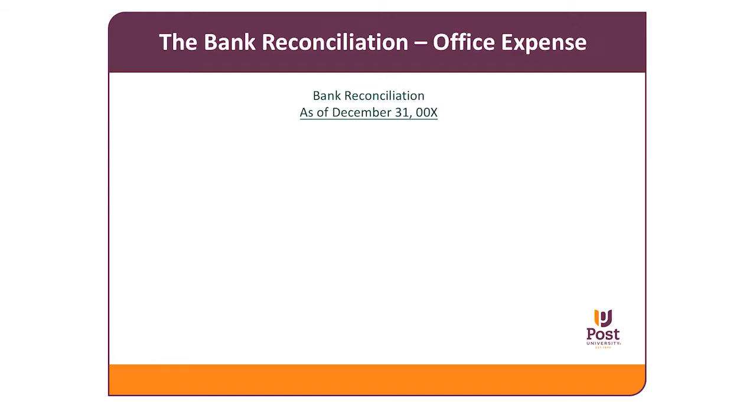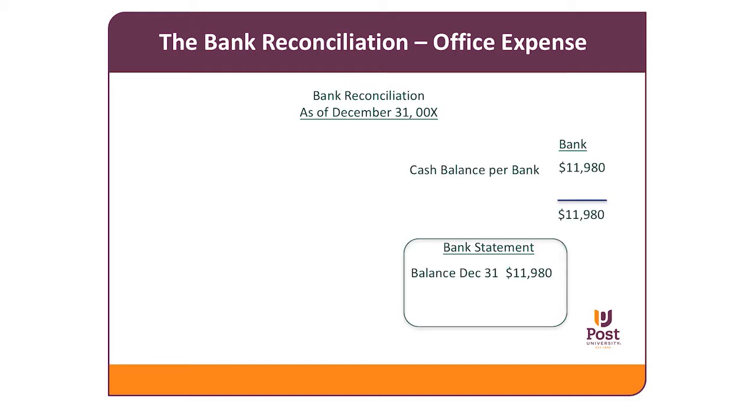When the bank charges you a service charge, they take the money right out of your account. This causes a difference between your records and the bank until you record the reduction. Until you make an entry, it shows up as a reconciling item on the bank reconciliation. In this example, the bank has charged you $20 for the month. The bank would have a balance of